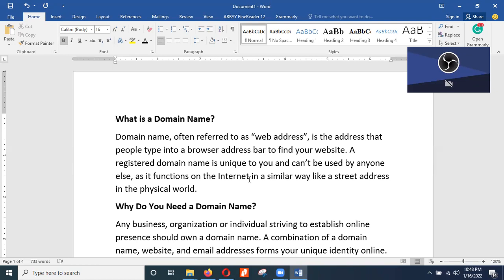So today we are starting with domain names. In websites, the first thing you talk about when you want to have a website is the domain name. The domain name is like your address. There are two very important terminologies in web design: we have domain name and we have hosting.